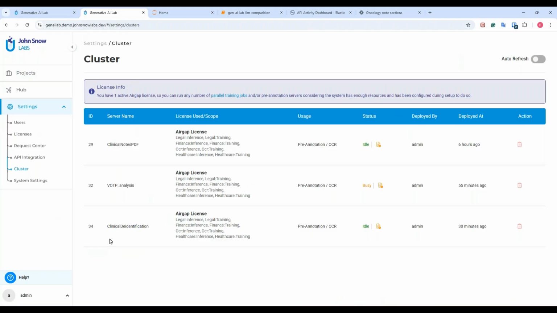I have shown you this page a couple of times. Maybe it's worth telling a little bit more about it. So this is another way to abstract the complexity around model deployment and around using pre-annotation and training for domain